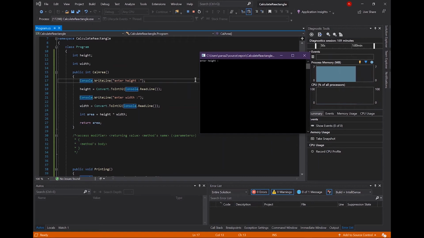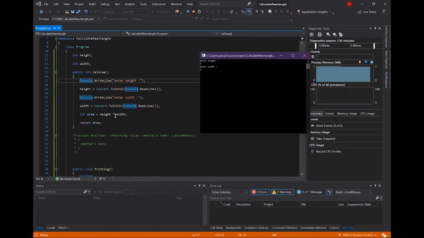We have to give the computer a number like 6, and then the computer runs this one, enter width, and then width equals Convert.ToInt32(Console.ReadLine). We are in this line, line 23. We have to enter a number like 3,